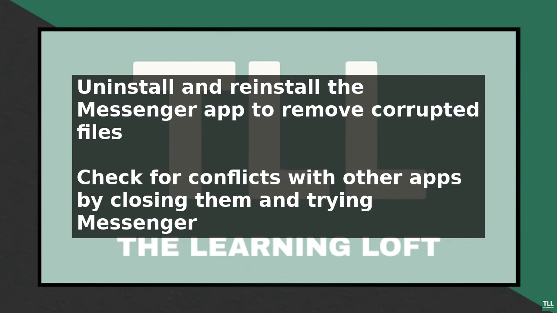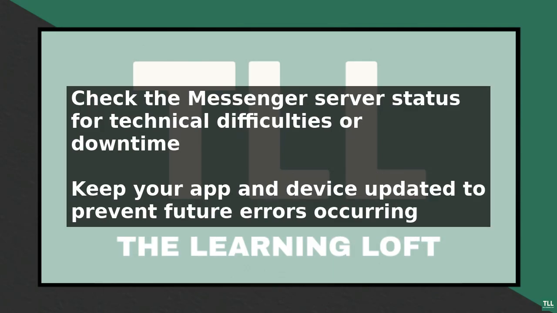It is also important to check the Messenger server status to ensure it is not down or experiencing technical difficulties. You can do this by visiting the official Facebook or Messenger website and looking for any announcements or updates regarding server issues. By following these steps, you should be able to fix the Messenger didn't open an unexpected error occurred